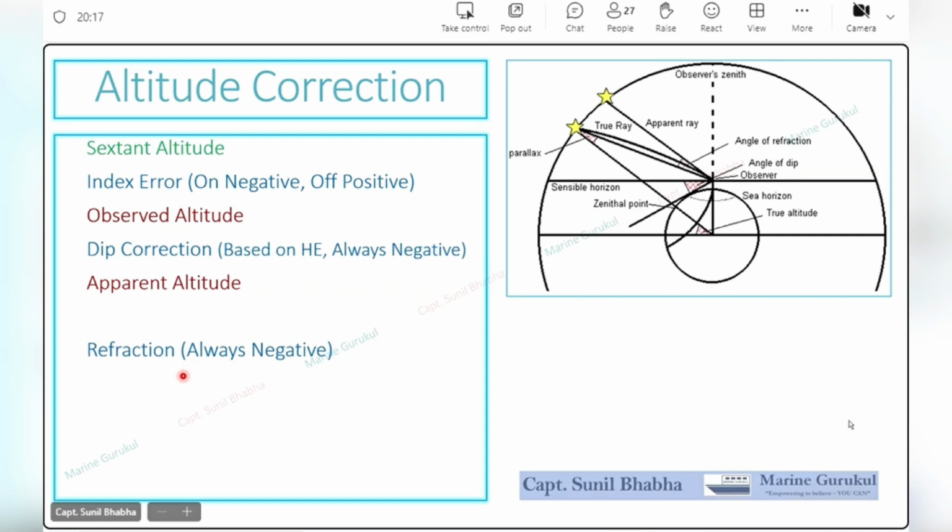Now when we observe any celestial body, we are able to observe it because some light from that celestial body reaches our eyes. This light coming from the celestial body has to pass through the space as well as the atmosphere before it reaches our eye. Now when it passes through space, space has 0 density, and from space when it enters the Earth's atmosphere, now